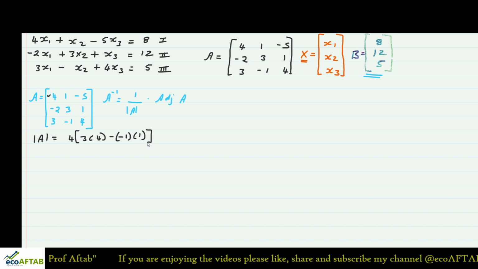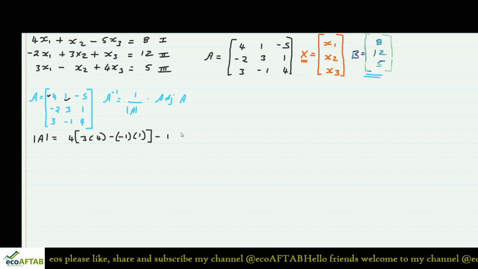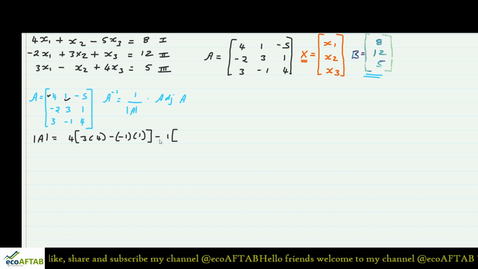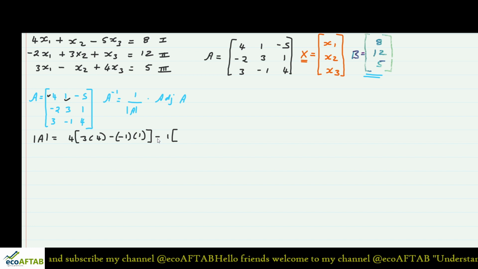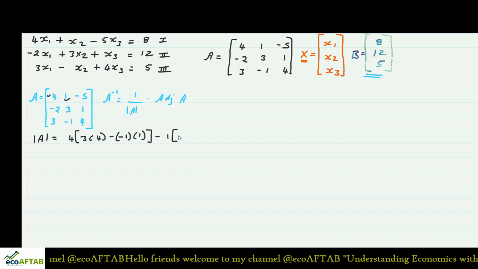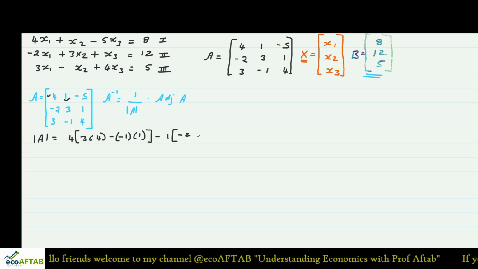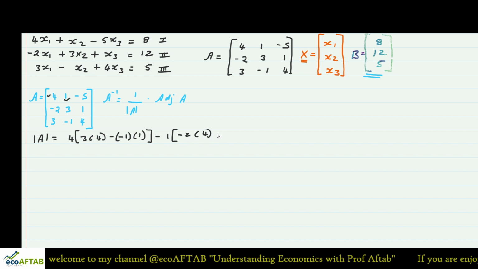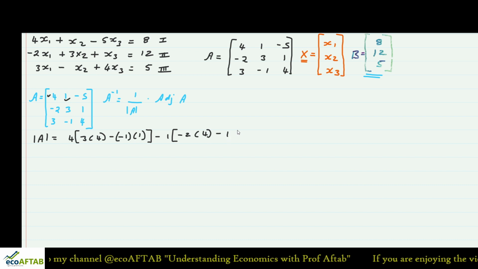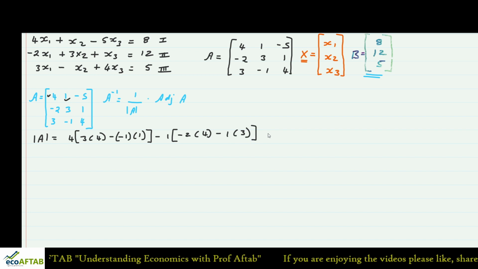Similarly, we will take the next element, and that is 1, that is minus 1. So this minus sign is coming in the calculation of matrices. So here 1 is our value and its minor is minus 2 into 4 minus 1 into 3, and the last element is